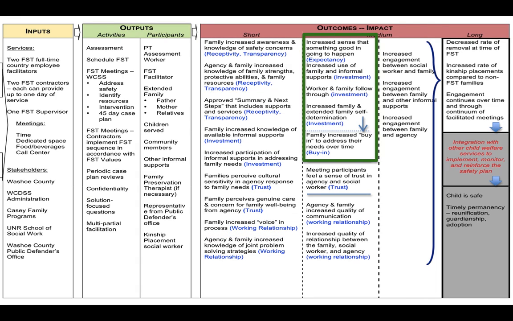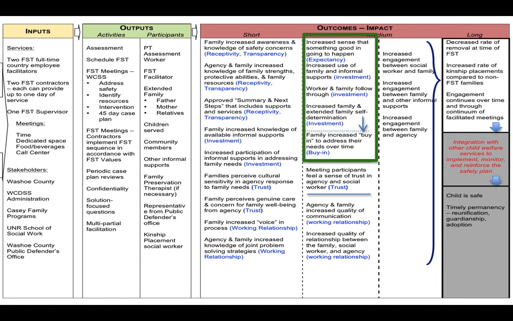Moving on, I wanted to highlight a couple of these outcomes in the medium-term column. You can see that we've used a blue down arrow, and then there's another blue dotted line, and then there's some solid blue lines. This is just, again, breaking out of that traditional model and trying to do as much as we can to use graphics to depict the approach. So while all of these items are in the medium-term outcome column, the stakeholders felt like it was important to break them down a little bit more